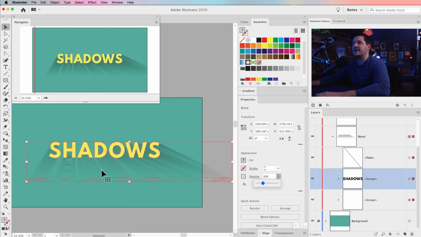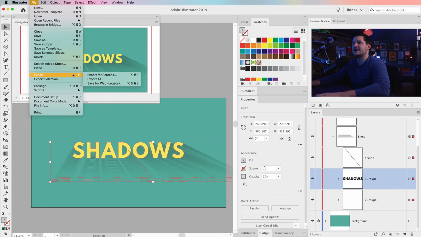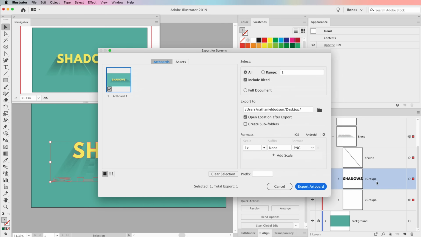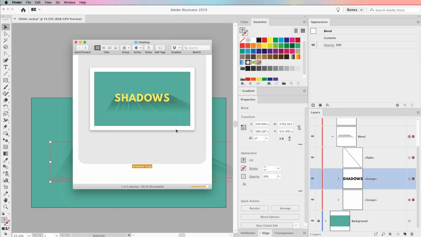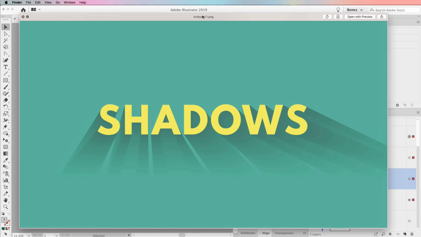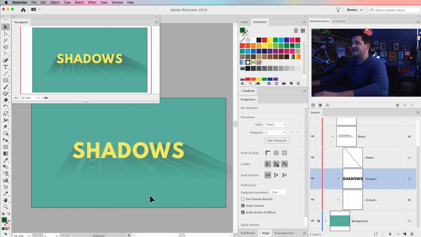And just so you know that I'm not lying to you, let's export what we've created thus far. We're going to do that by going File, Export, Export for Screens. I'm going to just export the standard PNG. I'm going to throw it here onto my desktop, and I'm going to hit Export Artboard. And if I pop out to my desktop, there you have it. There is the artwork which we've exported from Adobe Illustrator. And you can see it's just that nice shadow. It doesn't have all that weird stutter steppiness that we're seeing, whatever that render issue is in Illustrator.